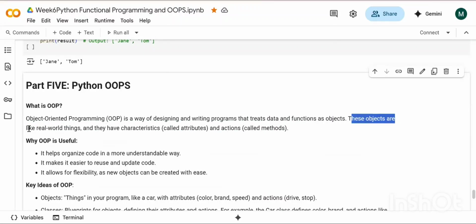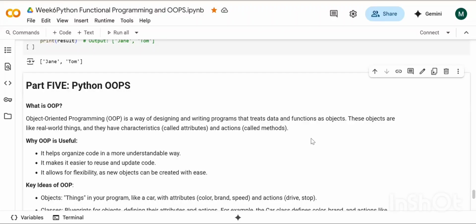These objects are like real-world things and they have characteristics, which are called attributes, and they also have actions, which are known as methods.